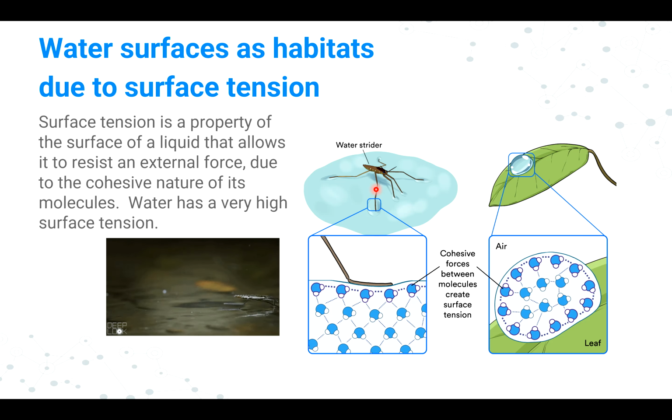In the case of plants, you will find that there is a wax cuticle layer, and this wax cuticle prevents the insect from getting wet. And when water insects move over the surface of water, they are not disturbing the surface tension. And this surface tension is a gift of cohesive force, and that is due to hydrogen bonding.